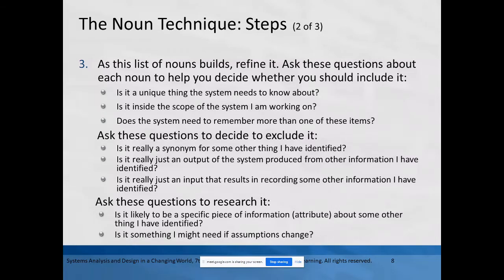I'm going to exclude it if, for example, I've determined that this is a synonym. It's the same thing as something else that I've already identified as a noun prior. This one's actually pretty important. Is it just an output of the system produced from other information? This is an extremely important point because, as a primary purpose of information systems, you create information